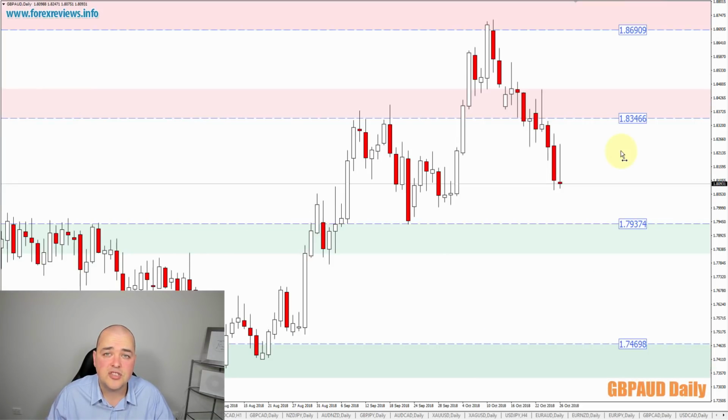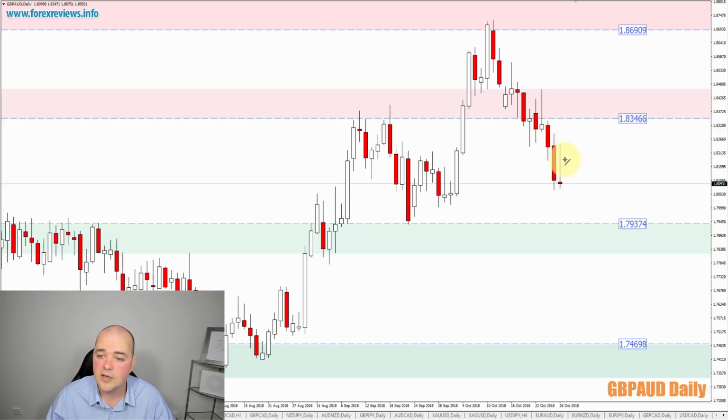The next pair to cover is GBPAUD, and I'm on the daily chart. Last week in price action, GBPAUD's price broke below and closed below the 183.46 zone area. And now the market's done this, what I'd like to highlight is two important areas. The first area I'd like to highlight, now the market's broken below and closed below the 183.46 zone area, is